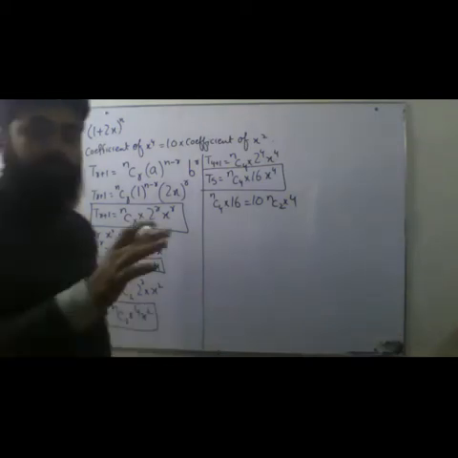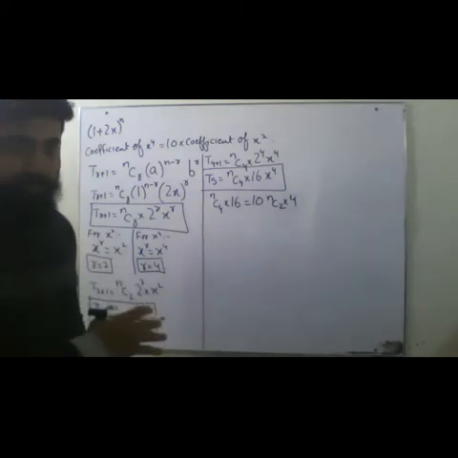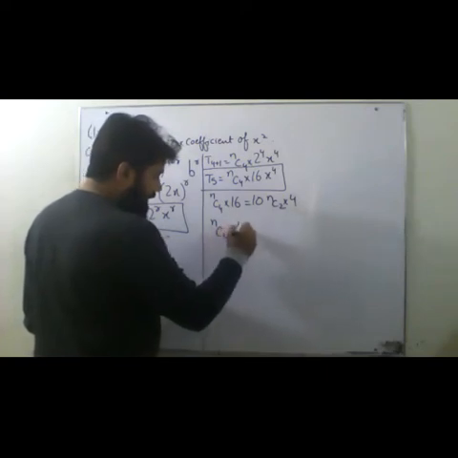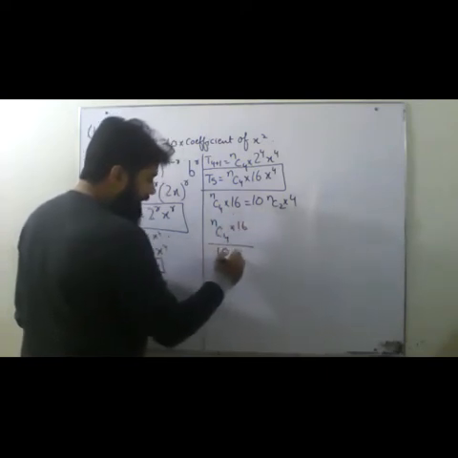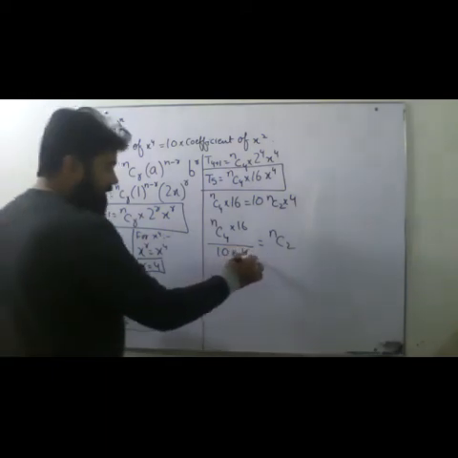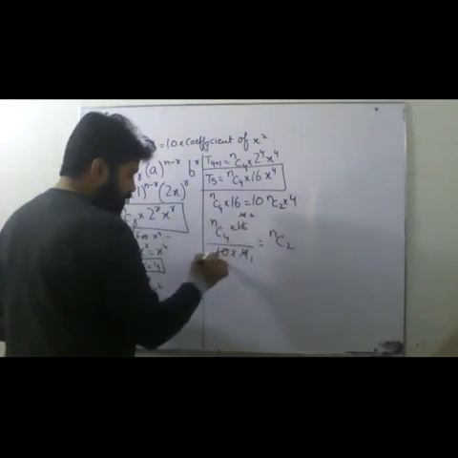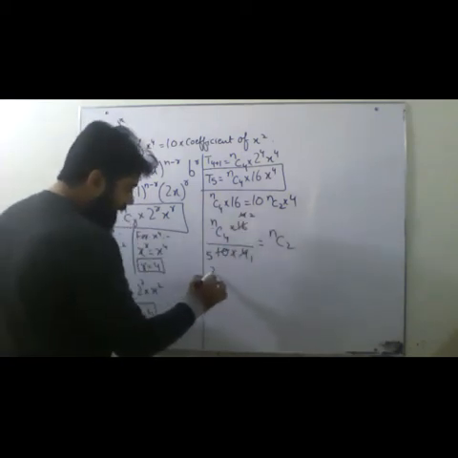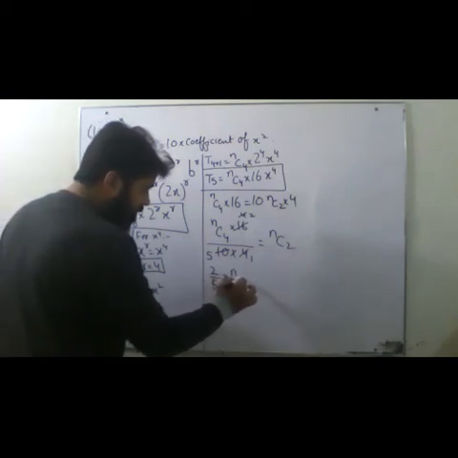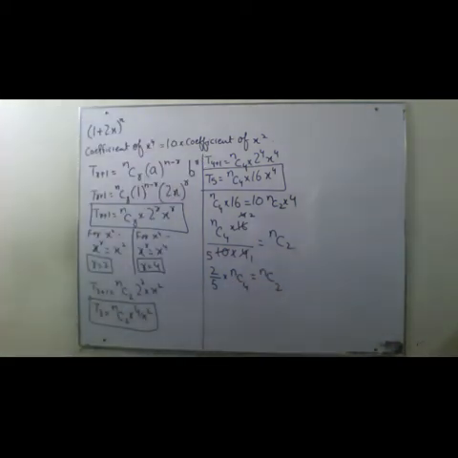Okay. First of all, I am going to simplify numbers, and after that I am going to simplify the combination of nC with numbers. Okay. So nC4 written as it is into 16 divided by 10 into 4 equals nC2. 4 ones are 4, 4 fours are 16, and 2 over 5. So now I am having 2 over 5 multiplied by nC4 equals nC2. This I have got. Okay.